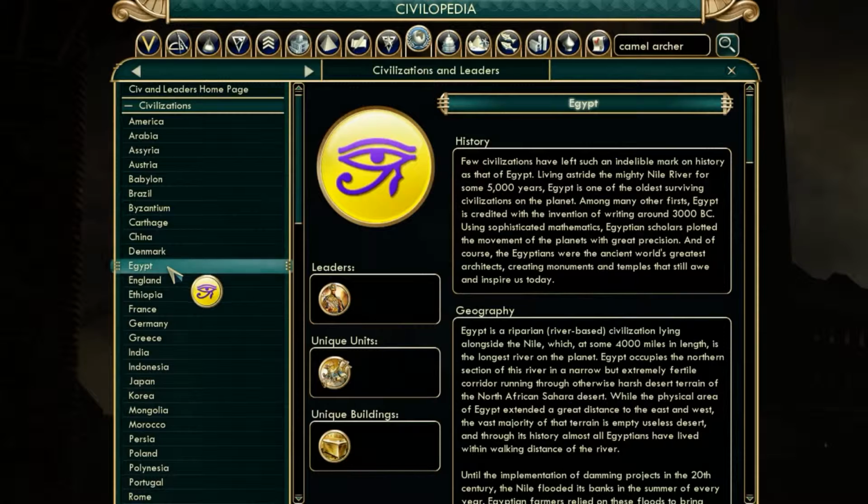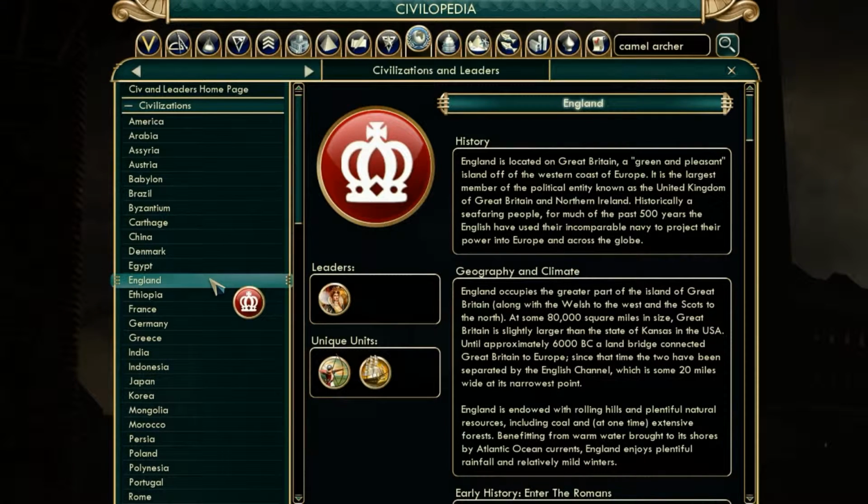Egypt, they produce wonders very well, so you can go for whatever victory you want pretty much. I would not go for domination though, but they pump out wonders really fast, all that AI players, so you're going to want to, it's pretty open-ended for Egypt, honestly. England, domination victory I would go for. They have really strong units for that, and their navy is just, like, unbelievably good, so I would go for